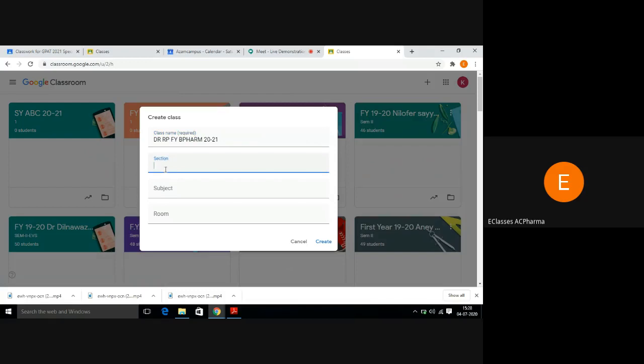She has only one section, say section A. Her subject is pharmaceutical chemistry. A room allotted is one. Now the classroom is created.